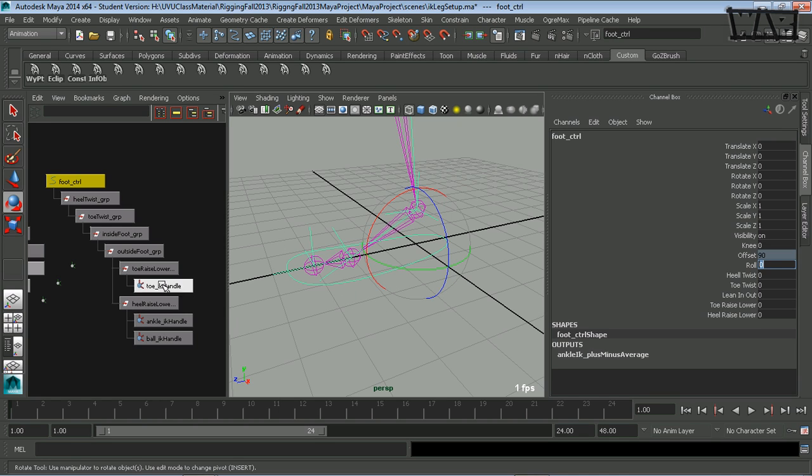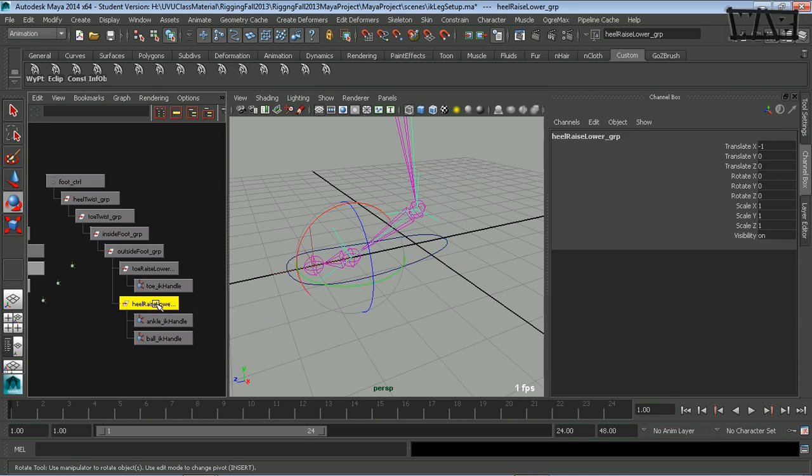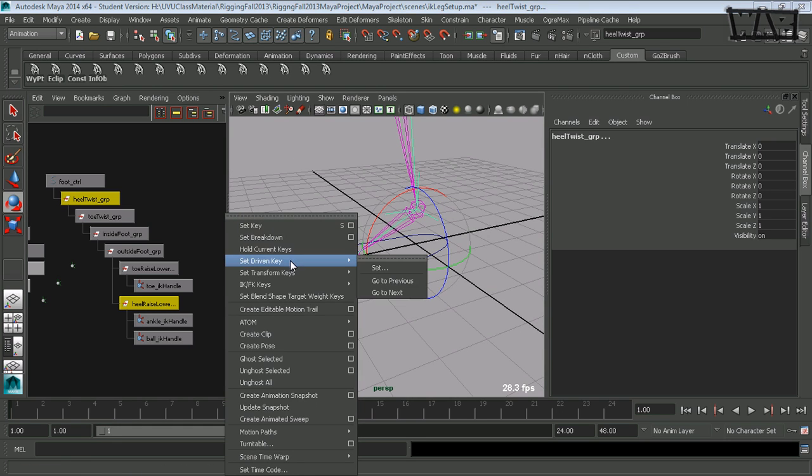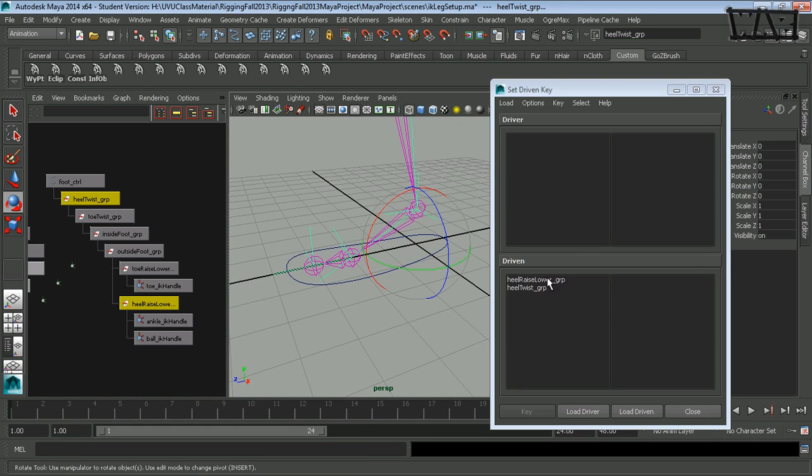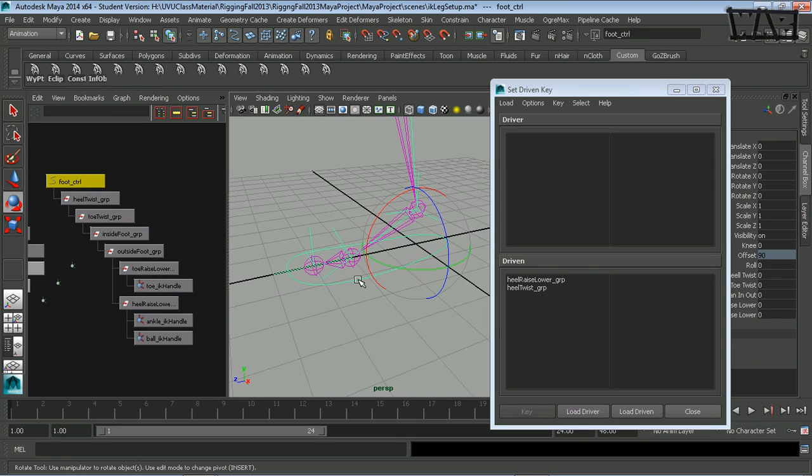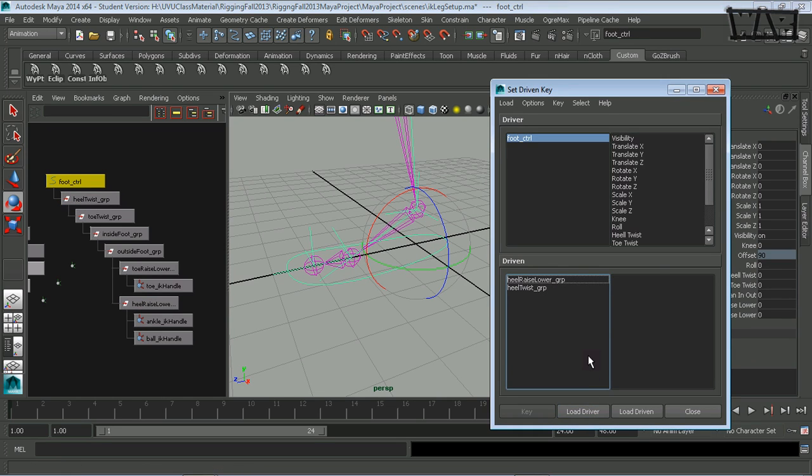What I had done wrong is I needed to be using the heel raise lower group and the heel twist group. So I'll select both of those, and I'll go to Animate, Set Driven Key, Set, and that puts both of them in there. And I select my foot control and load the driver. Okay, now I select Roll,